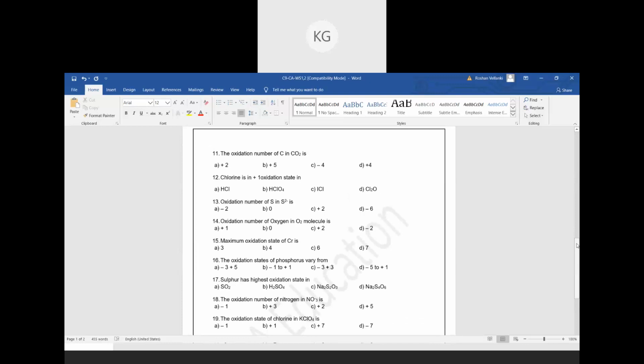So please open your class notes and solve in your class notes. Don't guess, don't do directly. Just note the compounds and solve. Oxidation number of carbon in CO2. Very good. +4. Why? Why is it +4? Why not -4? Sir, because the charges have to be balanced. No, that is not the reason. Sir, because carbon is less electronegative than oxygen. Very good. That is the answer. Is it clear?